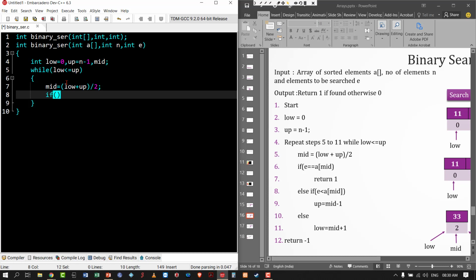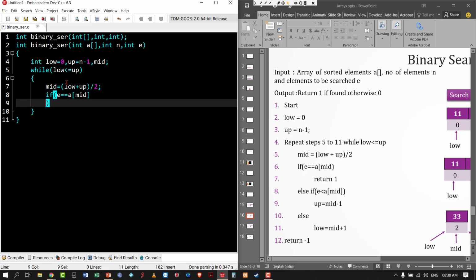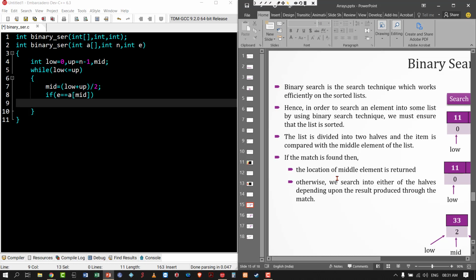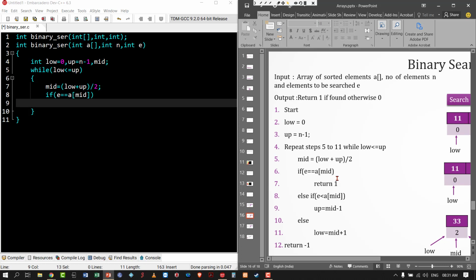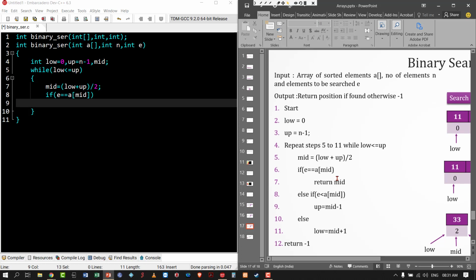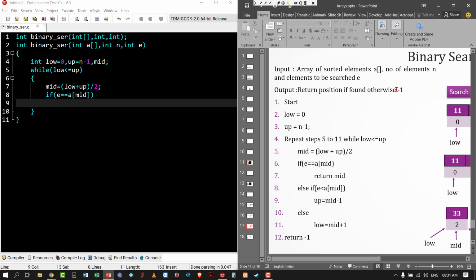If E equal to A of mid, it is actually returned mid.